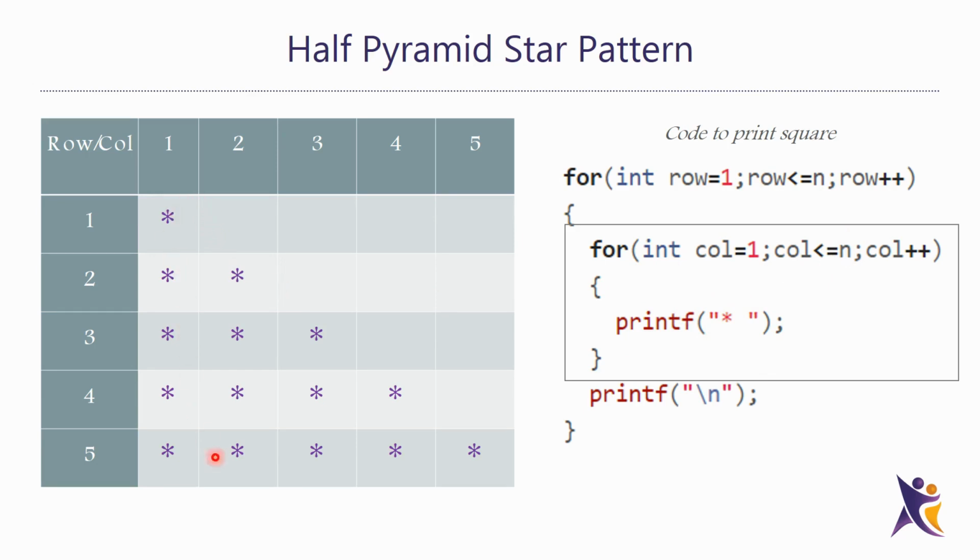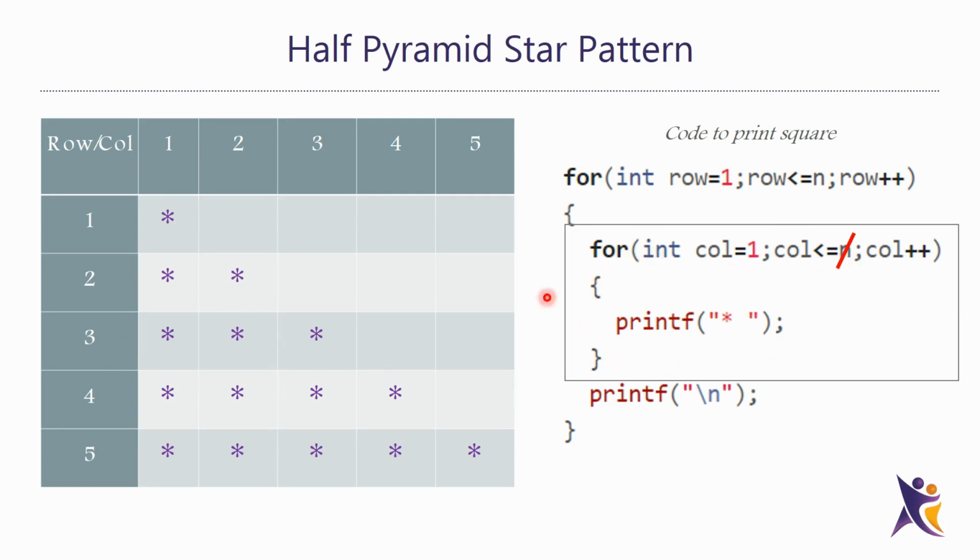But to print a pyramid shape, we should write a code by just changing this inner loop only. So you don't need to change the entire logic. This n is not needed, right? So we have to change only the inner loop condition. For the first row, I have to print only 1. For the second row, I have to print 2. For the third row, I have to print 3 times. So it means that for the first row, I have to execute this loop 1 time. For the second row, I have to execute this loop 2 times. For the third row, I have to execute this loop 3 times.